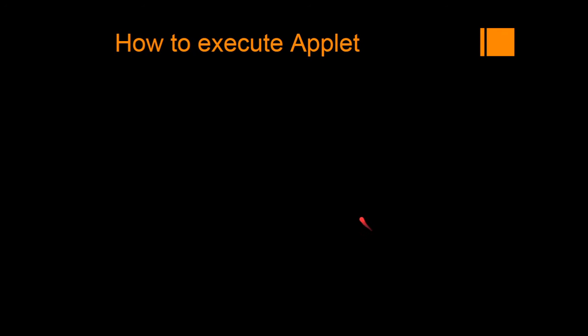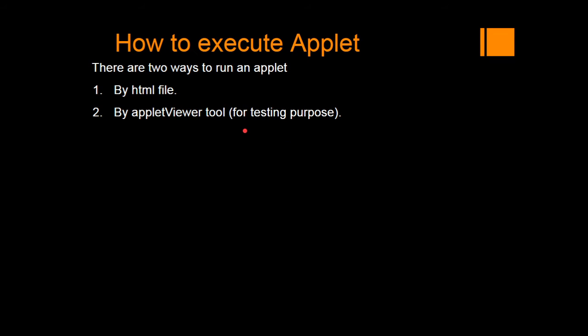Hello everyone, in this video we are going to see a small program in Java, which is an applet program: how to draw a smiley in Java using the Java applet. Let us see the two steps by which applet programs can be executed. There are two different ways we can run an applet program: one using the HTML file and the web browser, and second using the command prompt itself with the applet viewer tool.